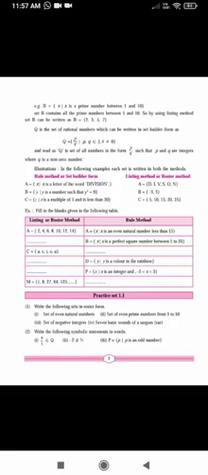Now observe question 1. Question 1 is: write the following sets in roster form. The first one is the set of even natural numbers. The second is the set of even prime numbers from 1 to 50, then the set of negative integers, and the 7 basic sounds of the sargam. Okay, let's see how to represent the answers.